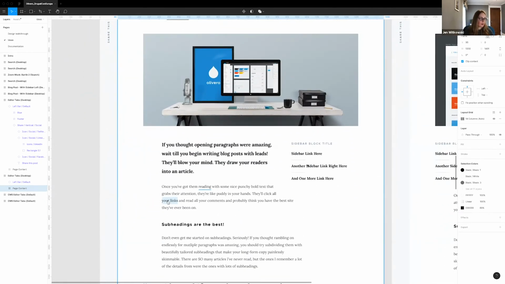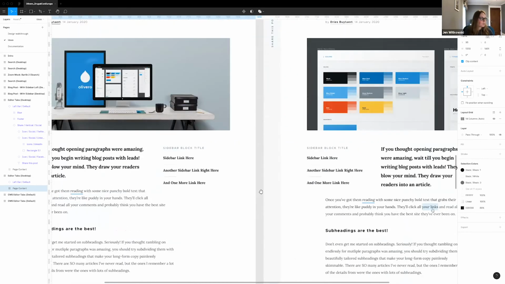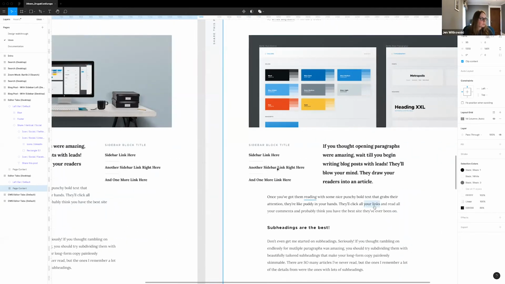With the sidebar, we have a default out of the box sidebar that is floated to the right, but eventually down the line, we may want to include an option for users to be able to float the sidebar to the right or left. So we just included a comp to make sure that the sidebar worked. So if we were to roll out that functionality, there would be minimal rework with that design.